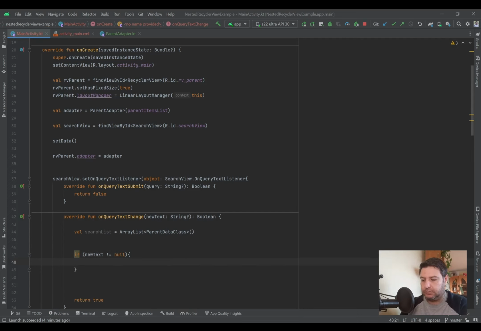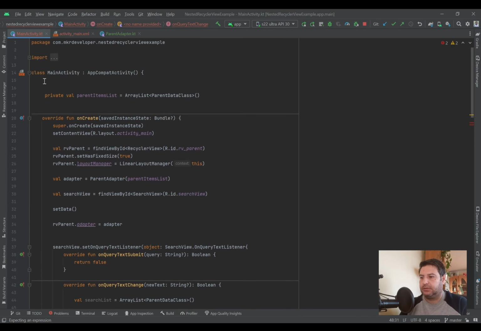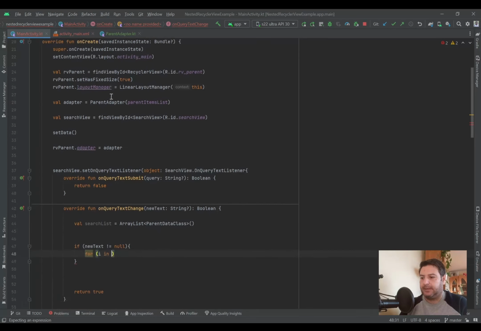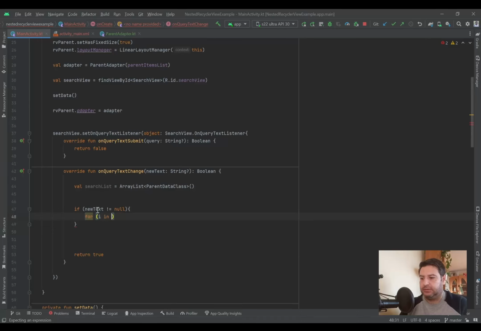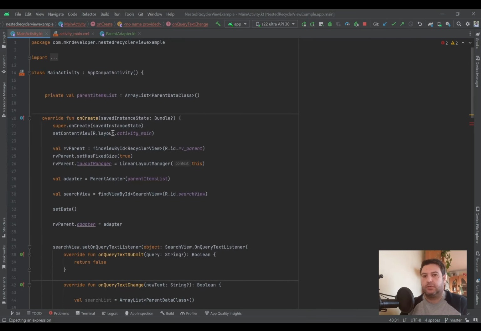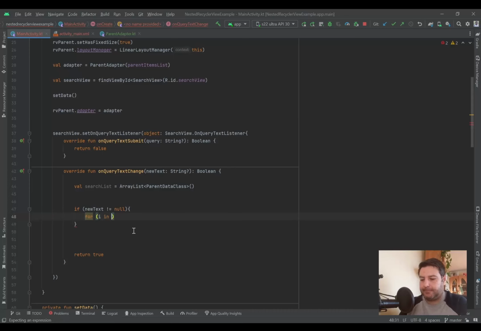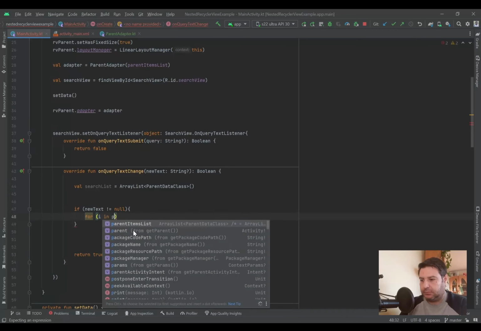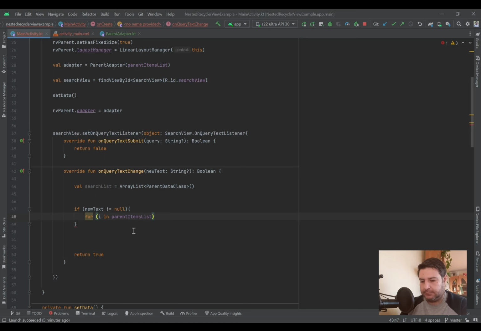We are going to create a for loop for I in the list here. I have created this and we are checking if this new text is inside this list or not. So parent list item,